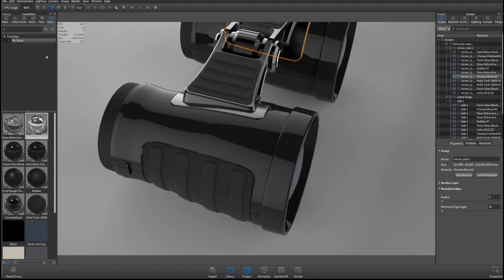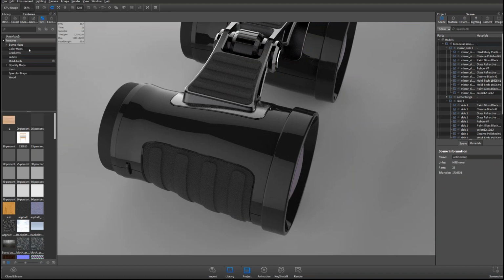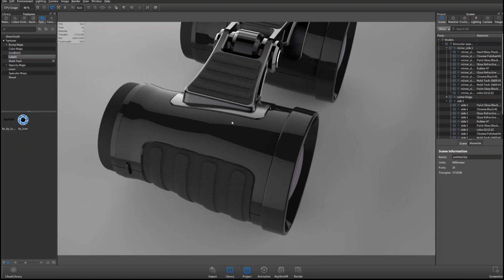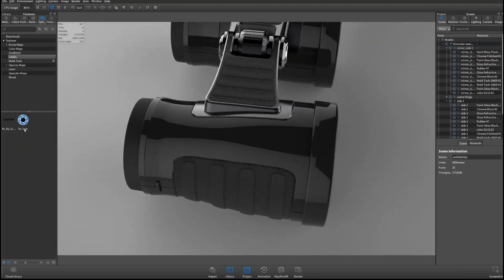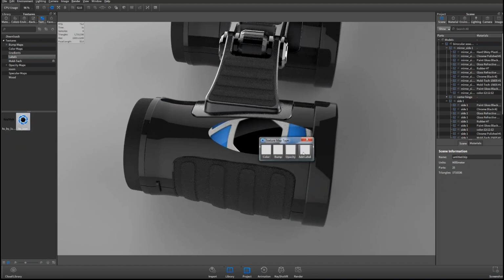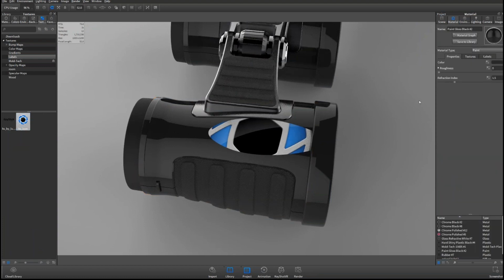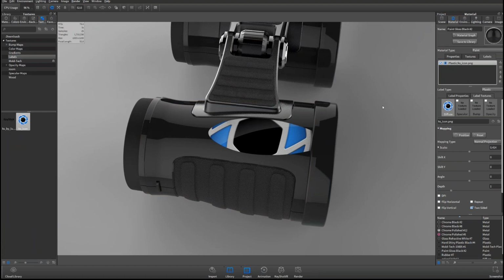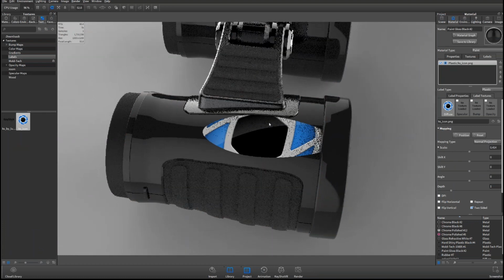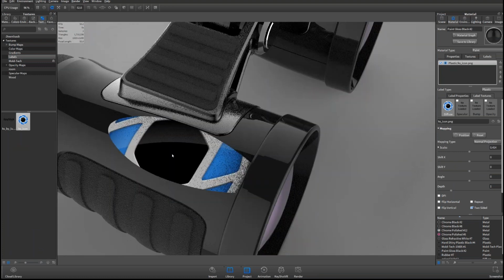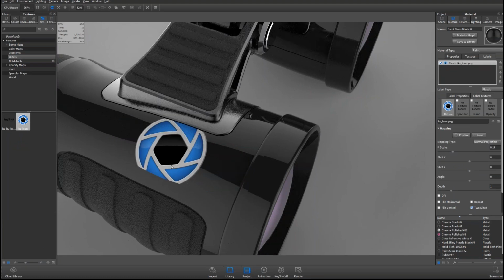One of those, which is a really nice addition: if I go to my textures tab and grab one of these labels, we've got some logos in here, and if I drag it over onto my part, I can add that as a label. That's nothing new. But if I double click on my material, you can see that I have the label now listed under the labels. First of all, my label is too big, so I'll just scale that down. But even if I scale it down, you'll notice that it's clipping a little bit.